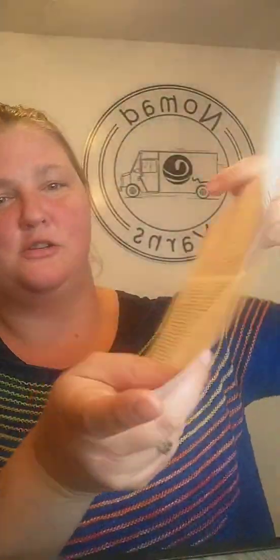So this pattern looks like it would be very approachable. I always like to sort of look at how long the pattern is. So this one comes in a variety of languages, so it's just the blue, and it's only one section here, and half of this one and half of this one, and then there's 4 lines on the other side. So basically, if you put them all on one 8.5 by 11 sheet of paper, all of the instructions for this would fit on one side of one sheet of paper, which to me is always a good sign. So I think this would be a fun, quick project if you're a more experienced crocheter,